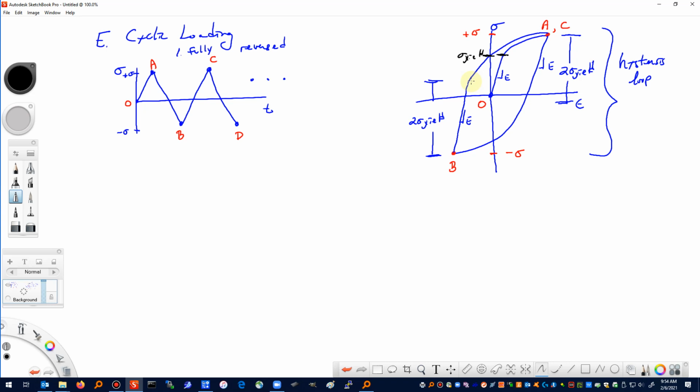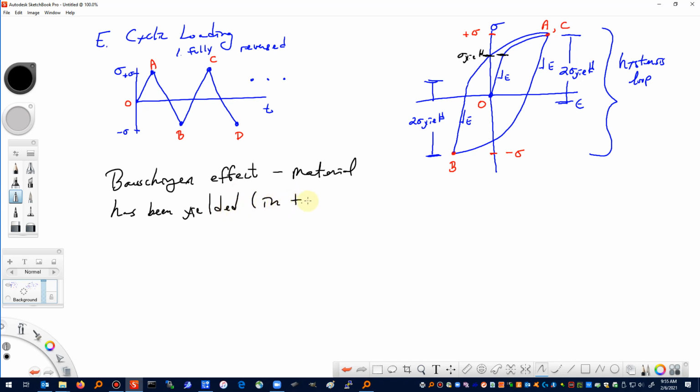Now, when we look at this curve, there are some things that look kind of interesting. Well, before we do that, we ought to define a term called the Bauschinger effect, and that is this idea that it yields about 2 sigma yield. So let's write that down. If a material has been yielded, say for example in tension, then upon reverse loading, so specifically into compression,